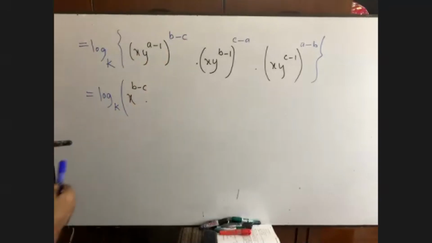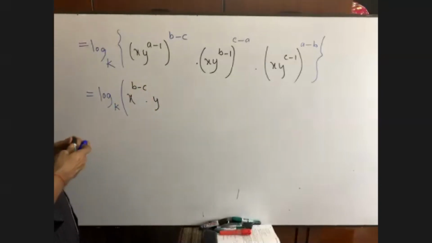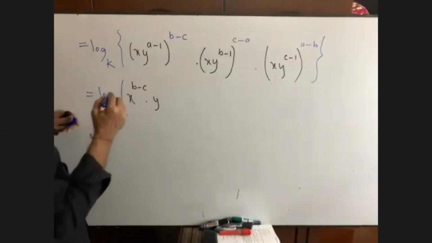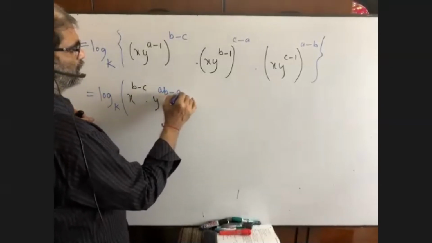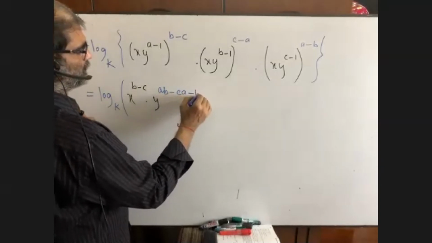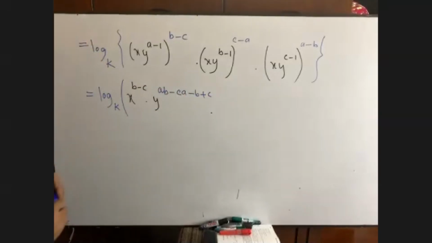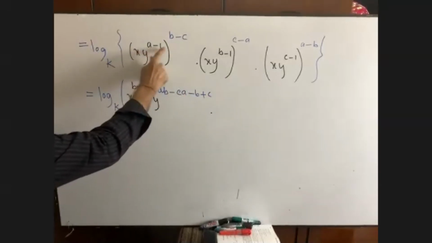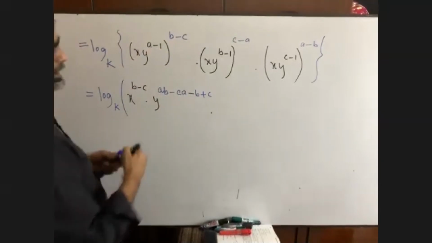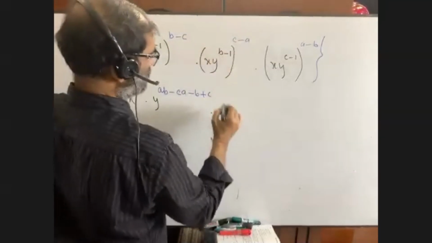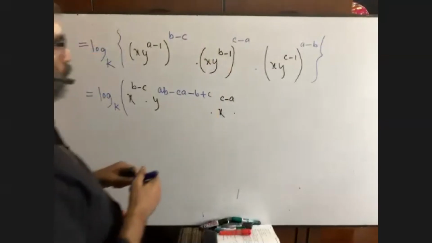And y to the power, what will be y to the power? (a minus 1)(b minus c), that is ab minus ac minus b plus c. Powers of powers are multiplied. Again, it is x to the power c minus a. Here we see y to the power